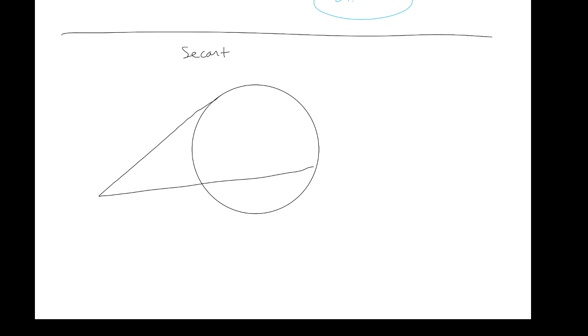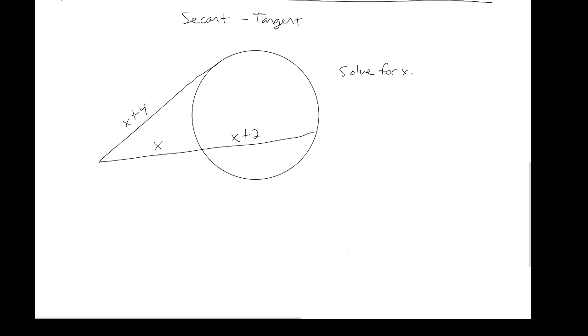Secant, tangent. We have x plus 4, we have x, and we have x plus 2. And we're going to solve for x. All right, the way this is done, it's going to be,